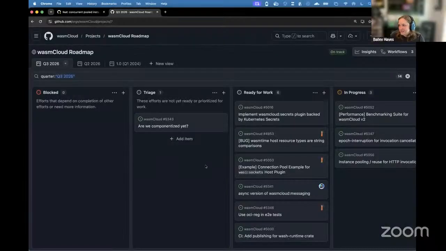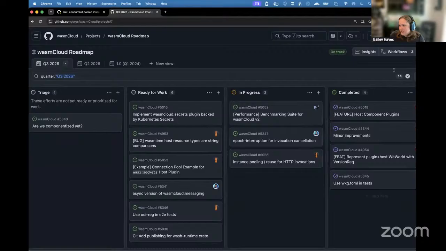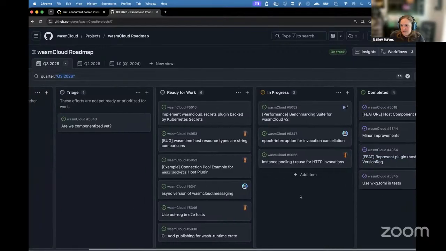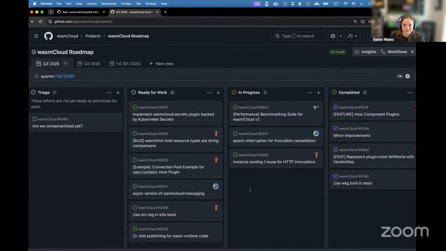Okay. So we've landed some major features. And the first one, host components. What that means is that you can create your own WebAssembly component and provide new interfaces that other workloads can depend on in your host. It builds on some of the other features that we already have with implements, which is also in this release. We also have